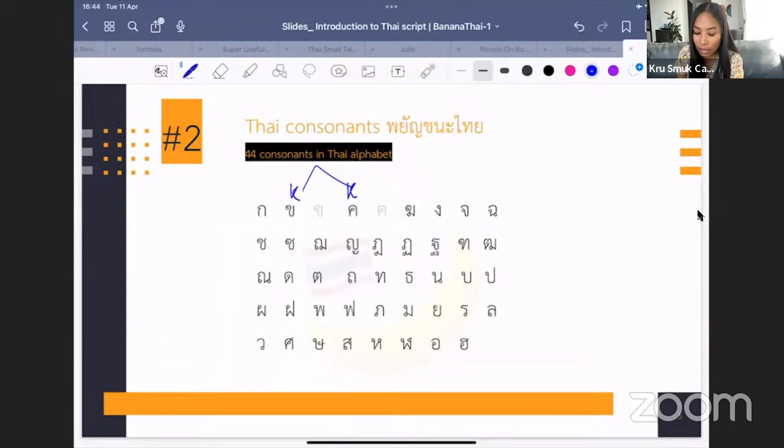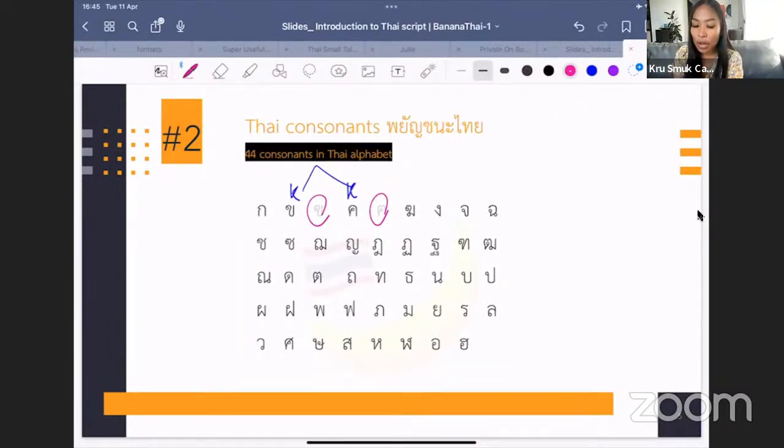Out of 44, there are two that are already obsolete, meaning that we don't use them anymore. And I don't want to scare you that there are so many things to remember. I would just say if you only remember the main consonants, which is half of all of this, you are already able to get by and read things with ease. Of course, you will sometimes see the ones that come rarely, but if you already master the key ones, you will cover, let's say, 80% of Thai words. Okay, ไหมคะ